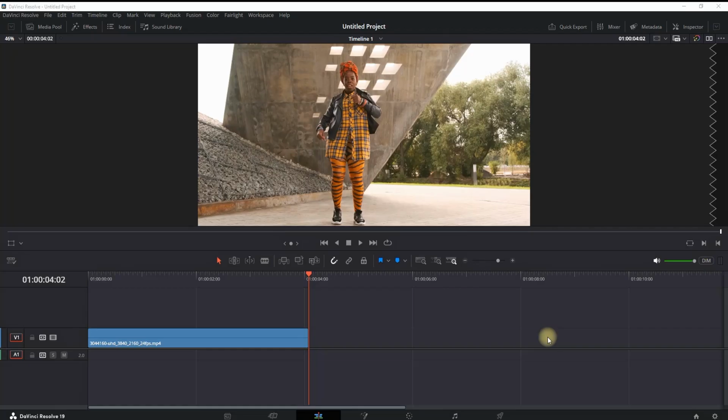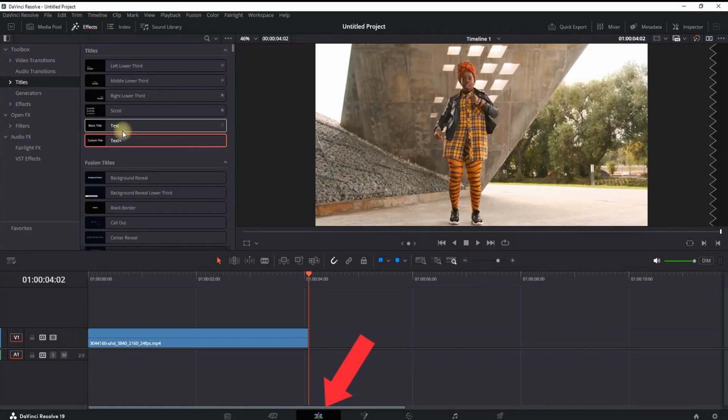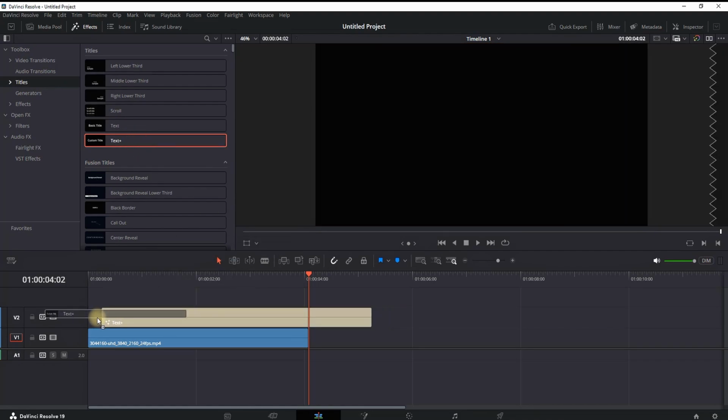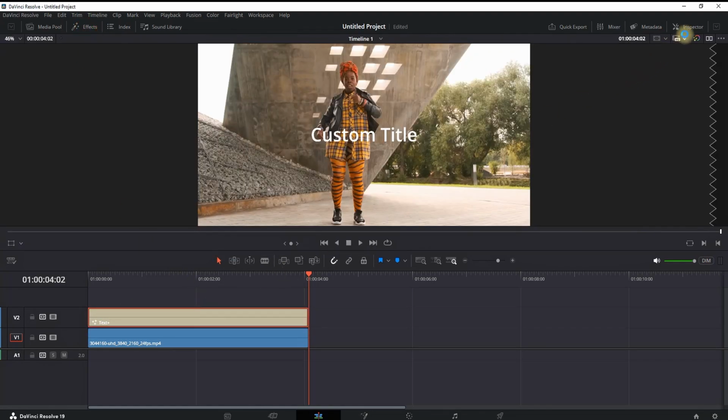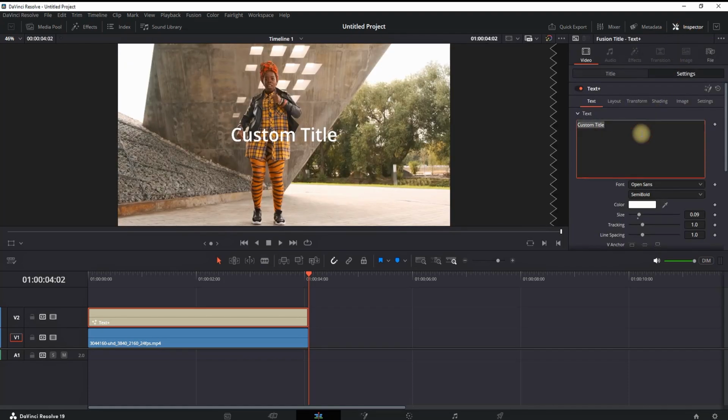How to make transparent text effect inside DaVinci Resolve. I'm in the edit tab, I have my main footage, and I'm going into titles and adding a Text plus title over my footage. I'm adjusting the length, making sure it is the same length as my main footage, highlighting the title, going